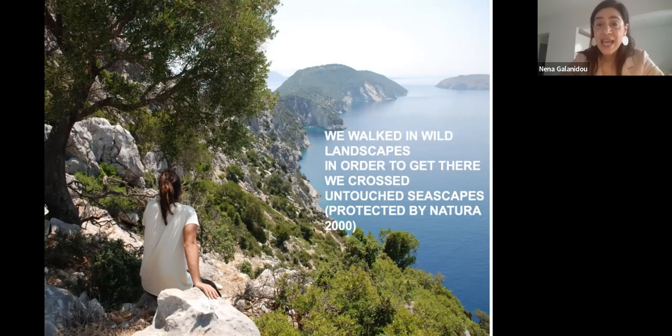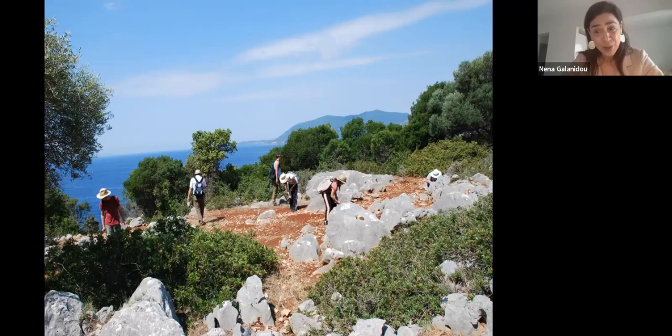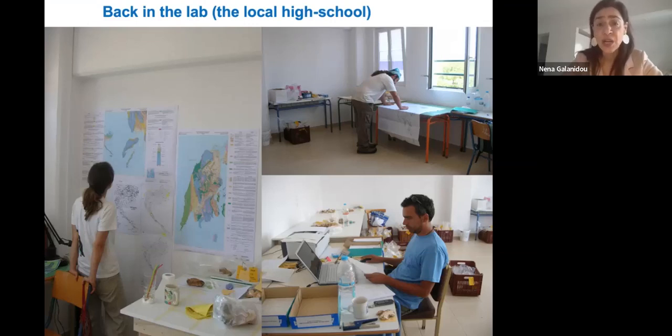We walked in wide landscapes. In order to get there, we crossed untouched seascapes protected in their majority by Natura 2000. We walked with our students on deserted islands inhabited by a few goats or seagulls that were sometimes annoyed by our presence. We explored the red beds and the rocky patches of land and soil wherever this was available and retained, and we came up with various finds. We also explored the taluses, and we mapped the caves and rock shelters of these islands. Back in the local high school, where we had settled our laboratory,